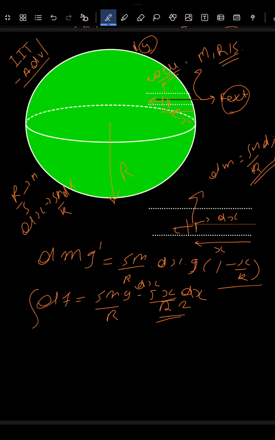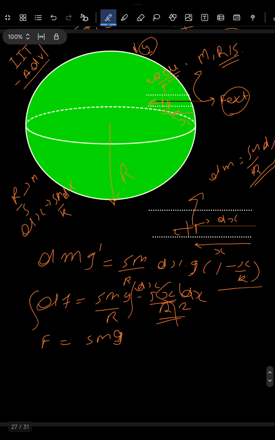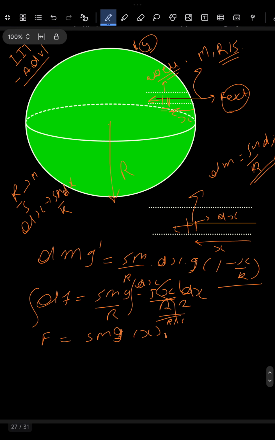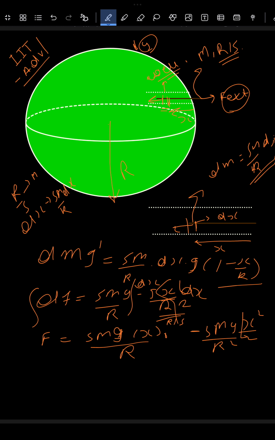and now we'll just do integration to get the required result. So having F equals 5m by R, here we have integration of x from R to R by 5 minus R of course, 5mg x square by 2 upon R square, and of course we'll have the limit